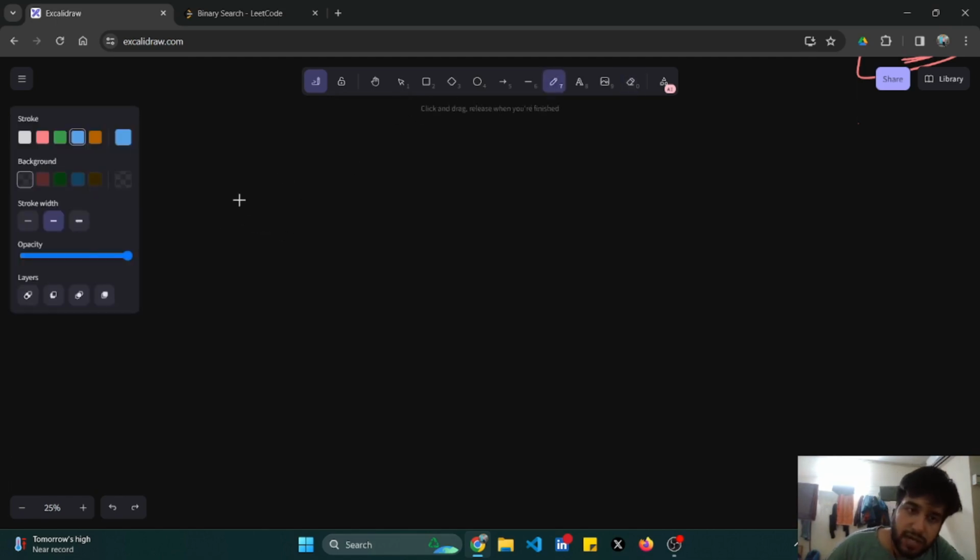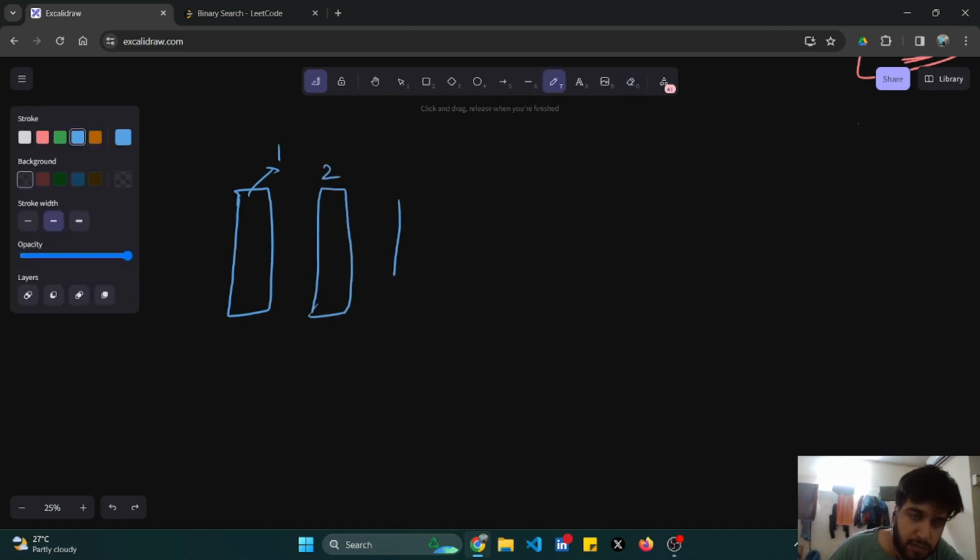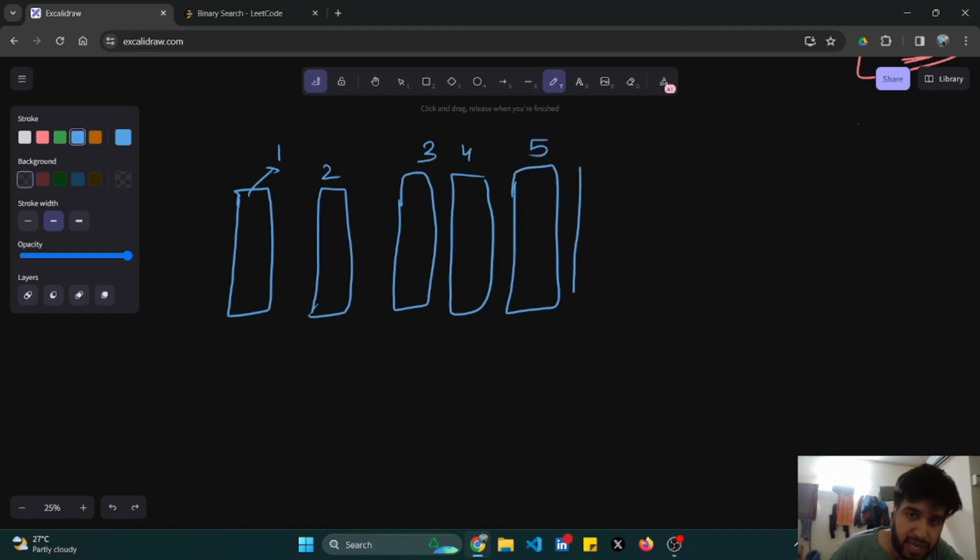Or you are given some books like this. This is basically book number 0. This is book number 1. This is book number 2. This is book number 3. This is book number 4. This is book number 5, and this is book number 6. You come up to these books, you see these books,